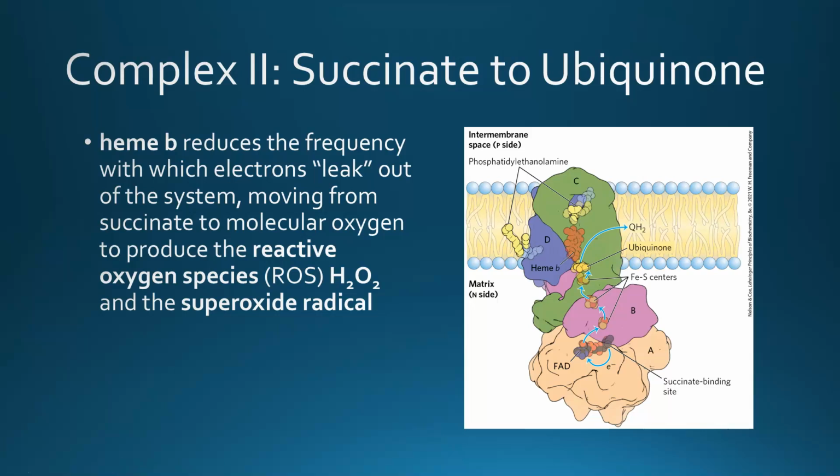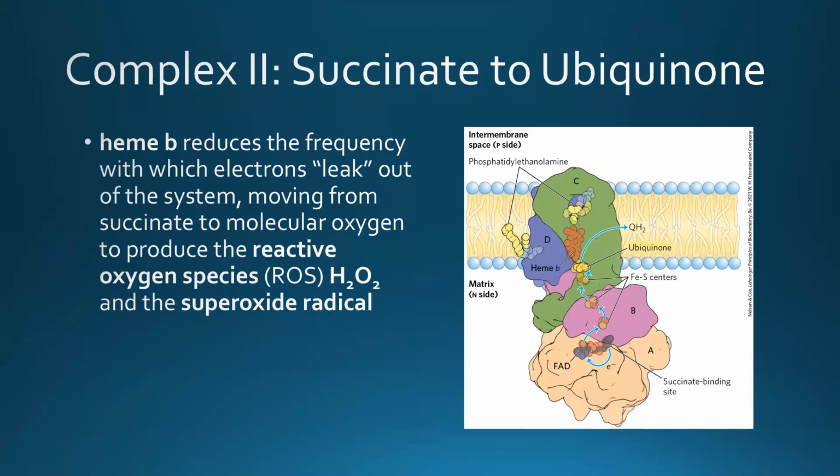Complex 2 does not pump any protons, and complex 2 is also the succinate dehydrogenase complex that doubles as a citric acid cycle enzyme. Complex 2 also reduces coenzyme Q to coenzyme QH2,